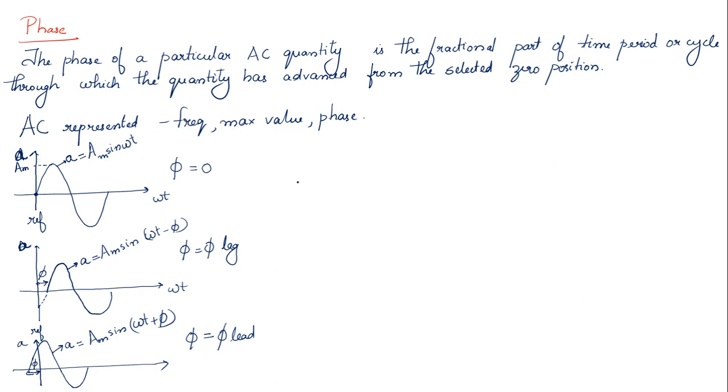Okay. Next we are going to study, so I hope everyone understood what is the concept of phase. If you know what is phase, then it is easy to study what is meant by phase difference. Phase difference. So the word phase difference denotes the difference between the phase value of two alternating quantities.